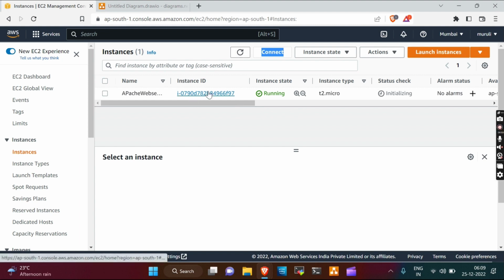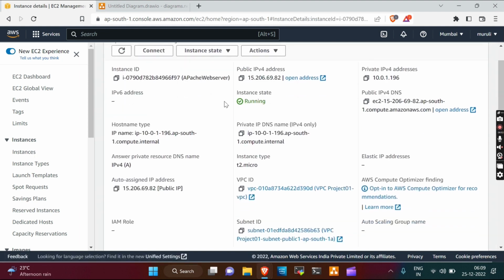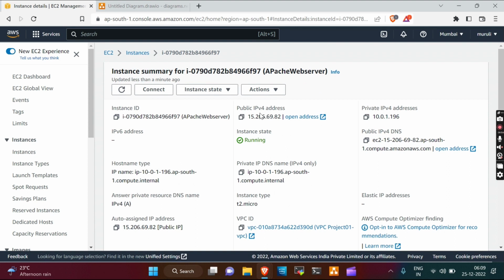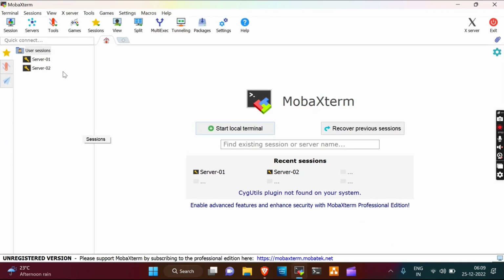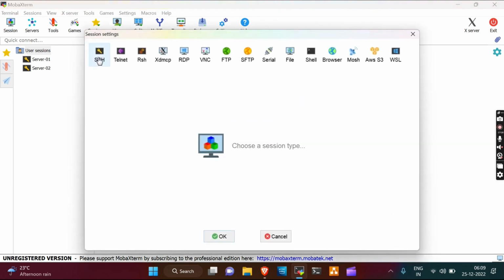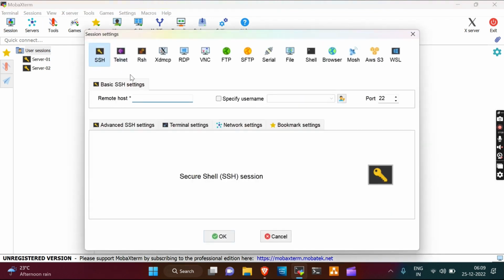After that, you click the instance ID, and select the public IPv4 address. Just click on that, and you need to install MobaXterm on your laptop or desktop. Then go to session, select SSH, and paste your public IP address, and here